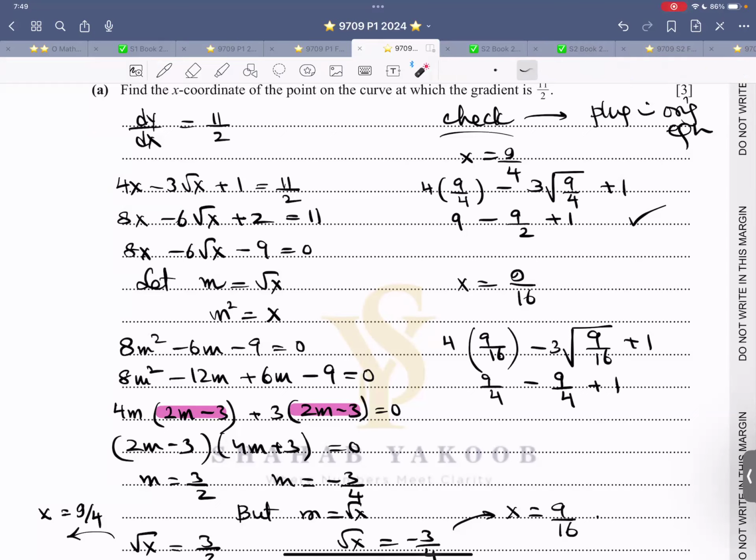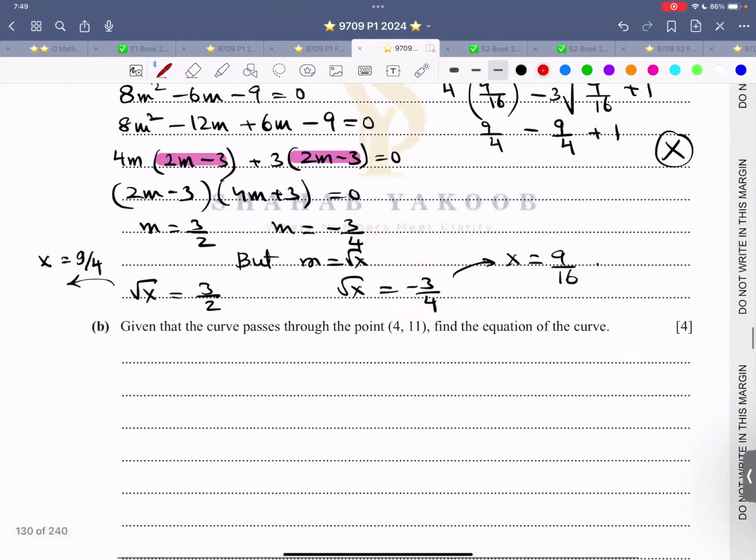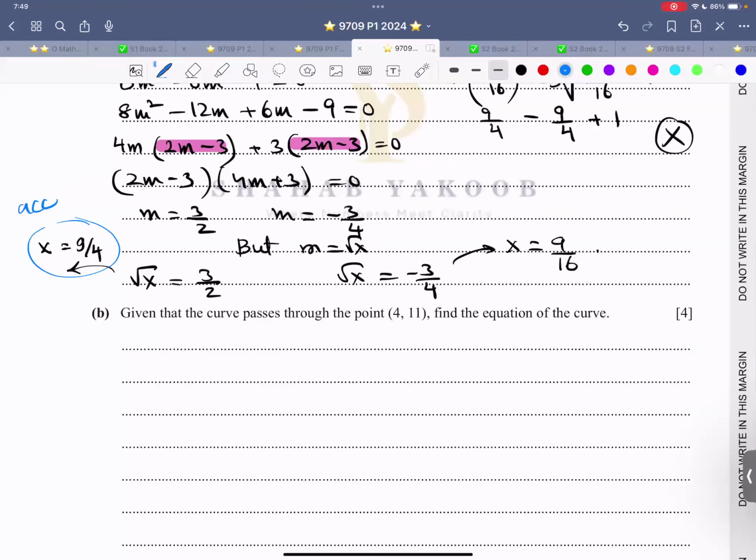If I'm not mistaken, let me double check. 4 ones are 4, 4 fours are 9 over 4. This is 3 over 4. 3 threes are 9 over 4. This is not giving me the correct answer. This is wrong. So therefore, accept 9 over 4 as the only answer and reject this value